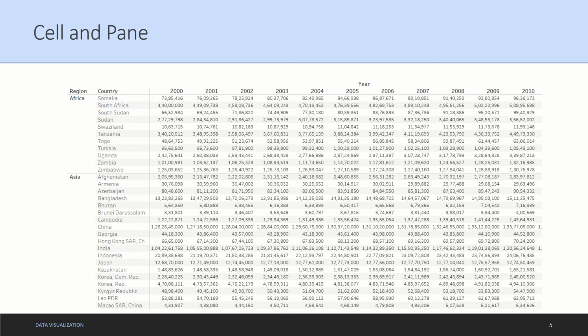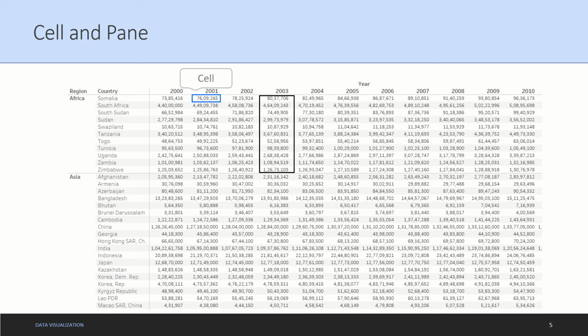Now to understand table calculations in detail, let's understand what a cell and a pane are. In this cross tab, as you can see, we have year-wise data, and the years are on the columns, and we have countries as the rows, and then there is another level which is the region level. So there is a region, then there is country. As you can see in this blue rectangle, there is one number. This number is a cell, or in short, this blue shape represents a cell.